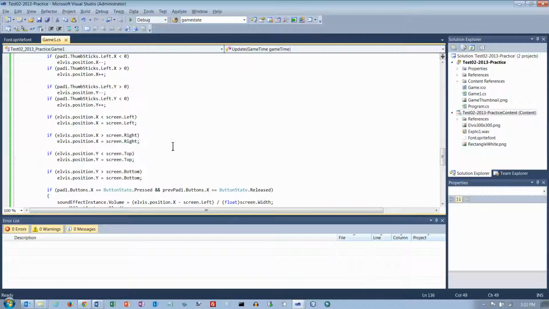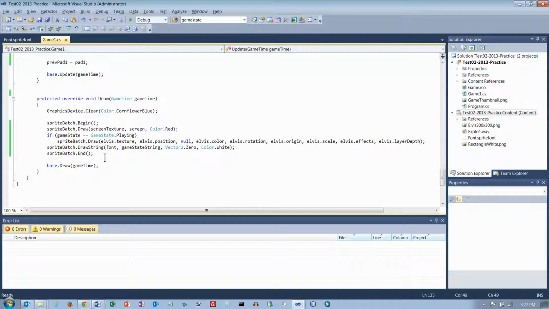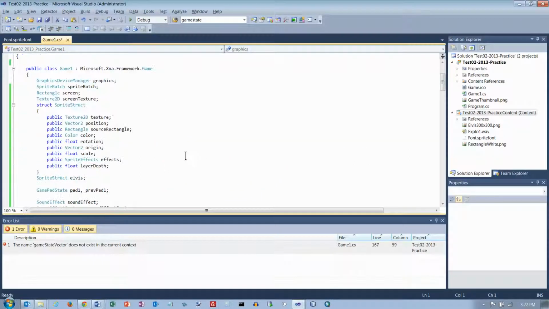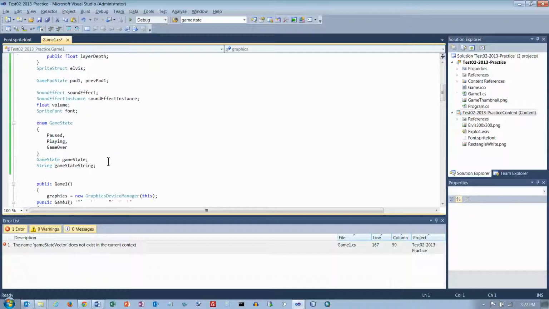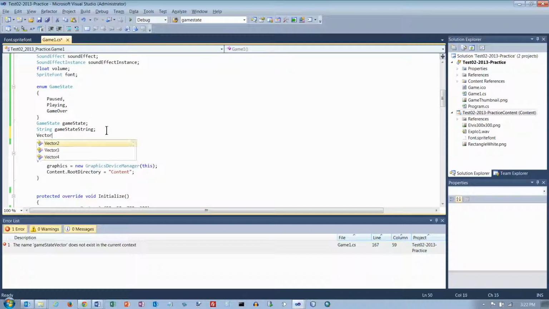Okay, if we need this in the upper right corner of the screen, we're going to have our own vector for drawing that. So draw string. Okay, so this is going to be like a game state vector. So let's do a control home. Let's go down here and